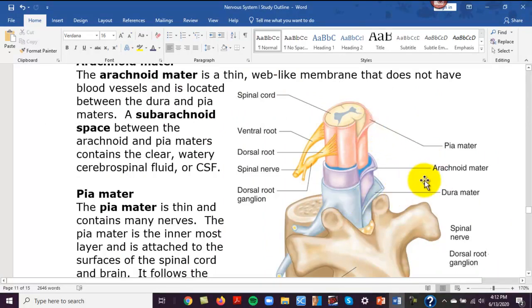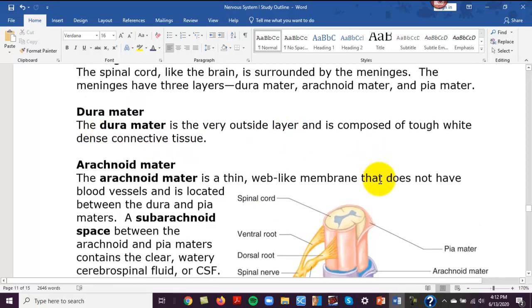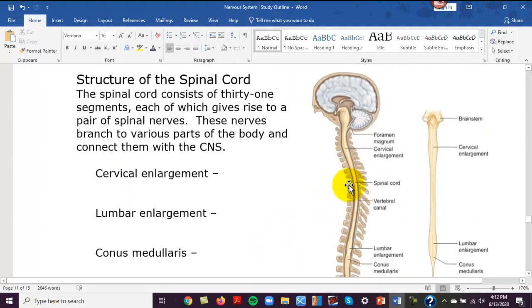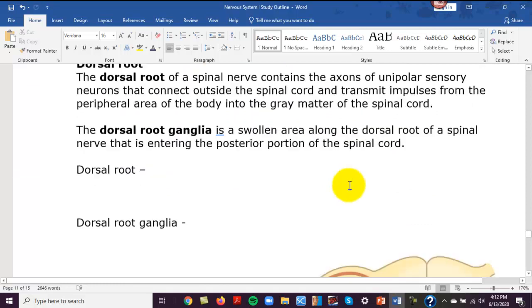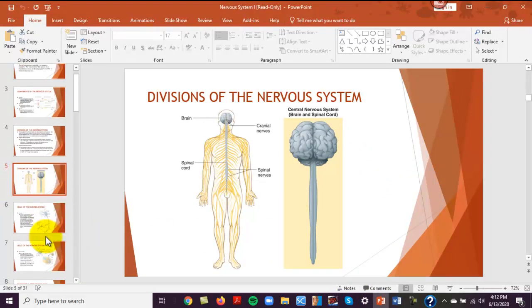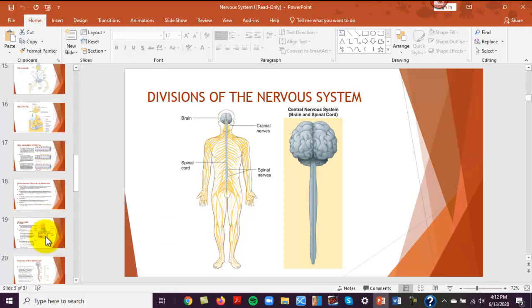If you start with the outside first, the dura mater, which is the very outside layer, is tough, white, dense connective tissue. If you look up dura, it means tough mother. Arachnoid mater is supposed to look like a web, very delicate. And in fact, let's see, do I have? I don't. Oh well. On your PowerPoint,